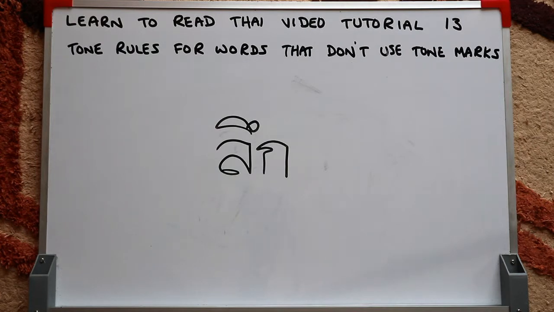Tones are by far the most difficult aspects of learning the Thai language. They're difficult to learn, they're difficult to pronounce, and they're difficult to teach. It would be great if we could learn tones naturally like Thais do, but we can't. Firstly, it's impractical. And secondly, most of us who learn Thai as a second language do so when we're adults